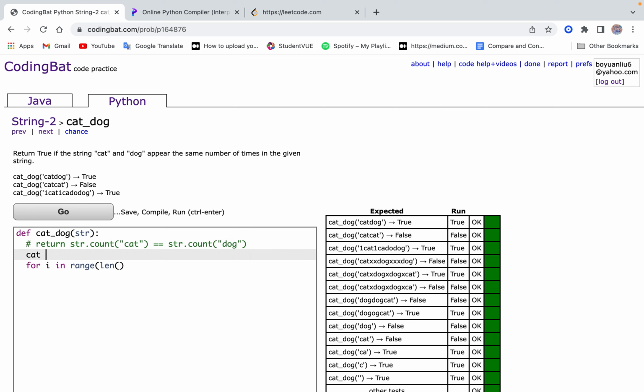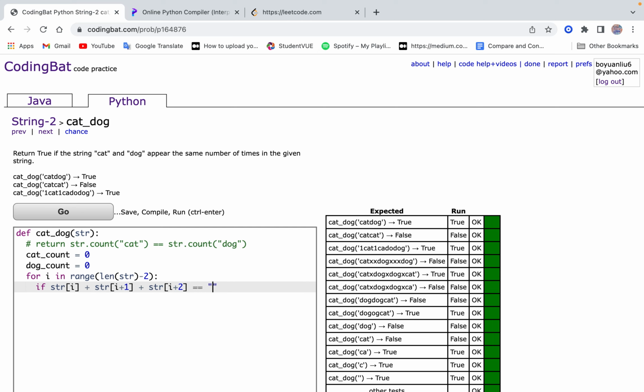We can have cat count and dog count, and we're going to do minus 2. Then here we say: if str[i] plus str[i+1] plus str[i+2]